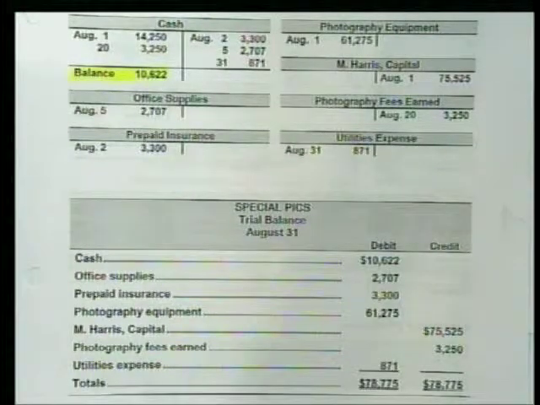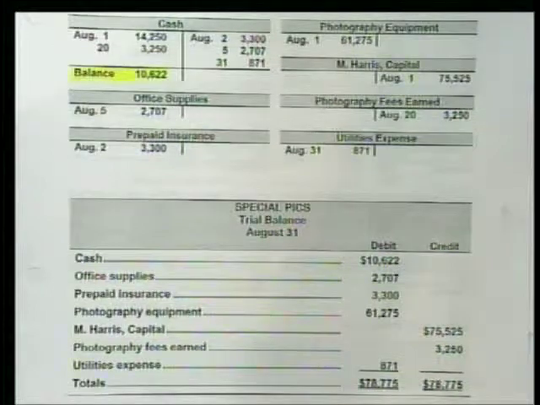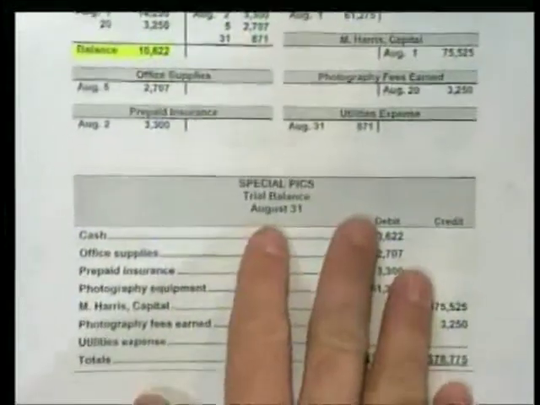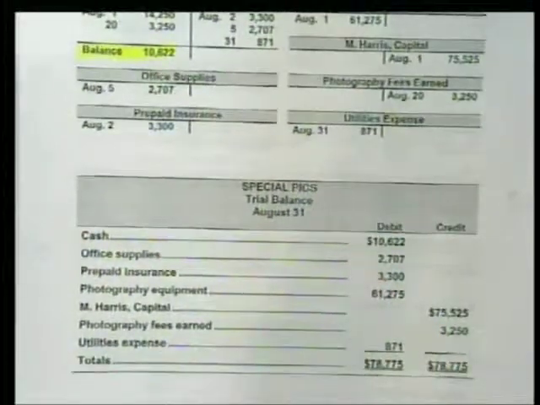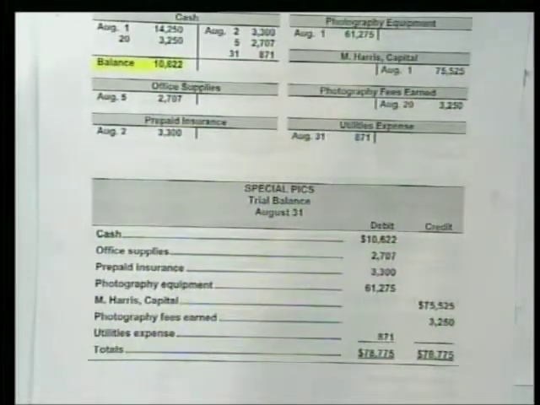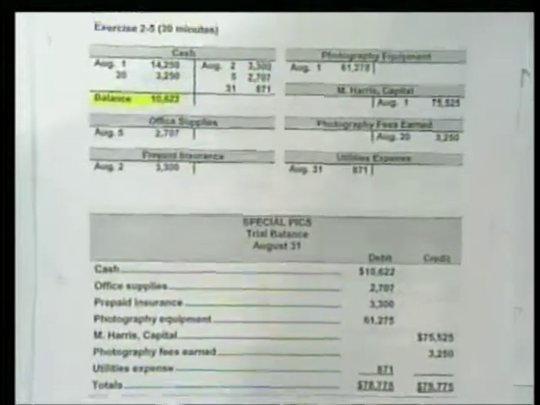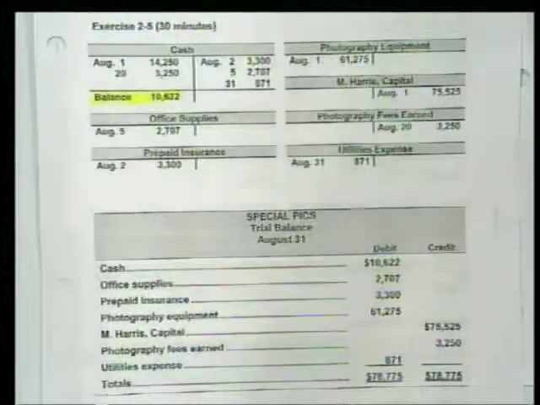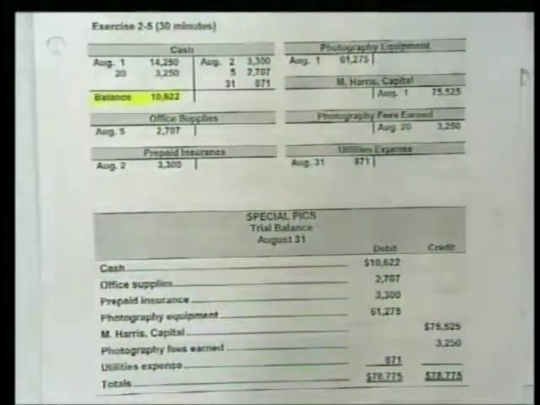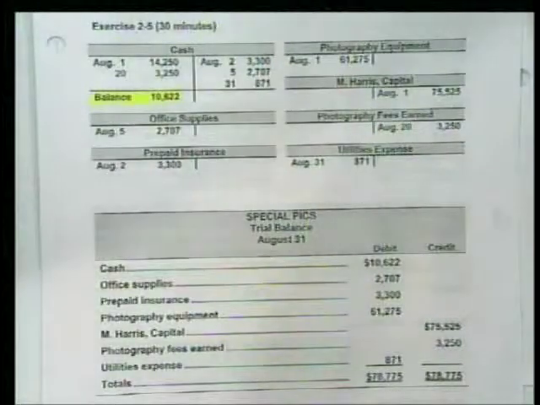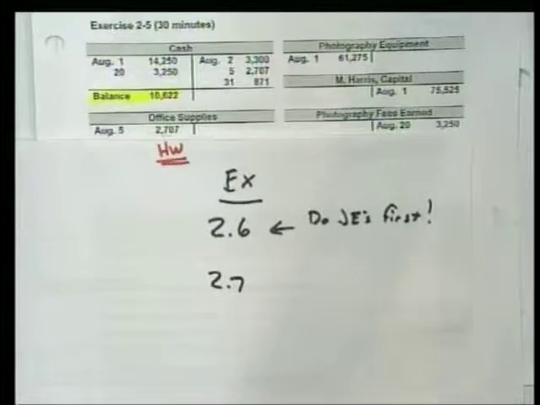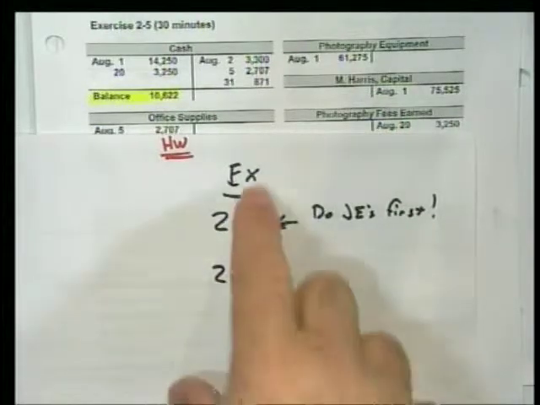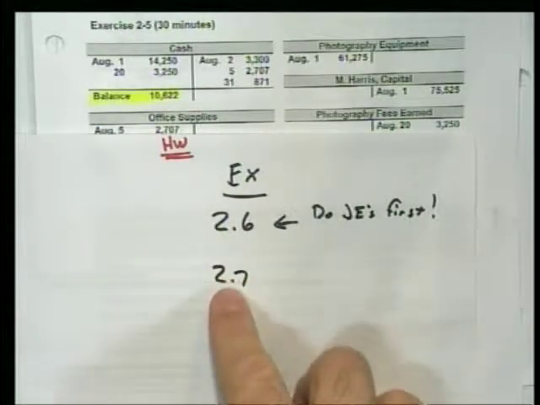Does this make sense? Total debits equal to total credits. Make sure you head this up appropriately. Now you might have said, well, I guess I got the answer there, but I'm still a little fuzzy on it. I understand. What I want you to do for homework is this, but I need to give you one special set of instructions for your homework. Here's your homework. I want you to do exercise 2.6 and exercise 2.7.